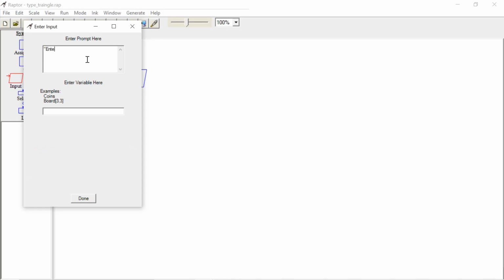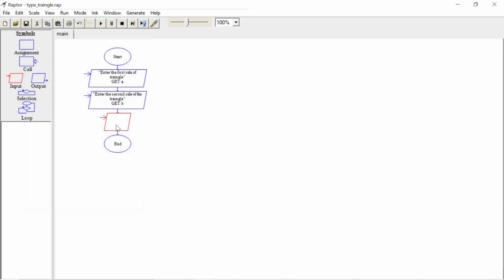Again you need to enter the second side. The variable name for the second side is B. You can take any variable; there is no rule to take only A, B, C. Here I am just using A, B, C.